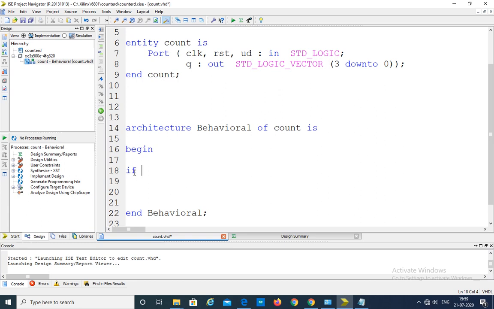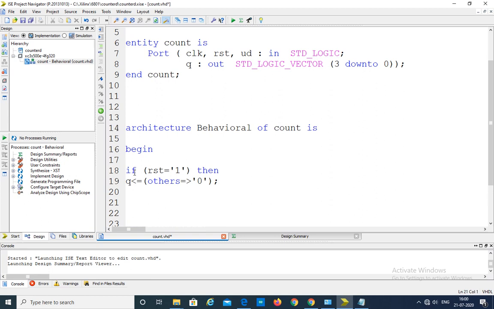If reset is equal to 1, then store the output Q equal to others is 0. That is, if reset is equal to 1, then Q is 0, because we are activating the reset pin. If you press the reset pin, then the output is 0.